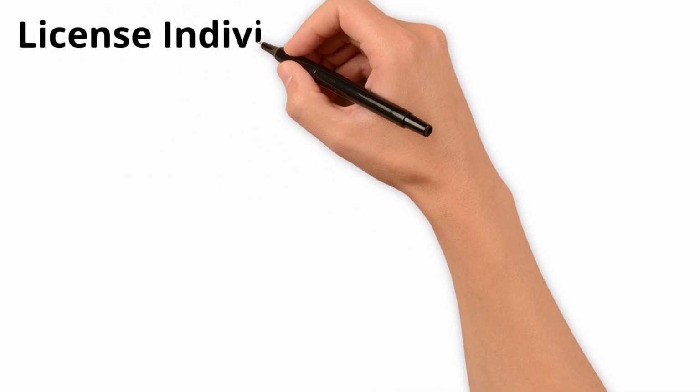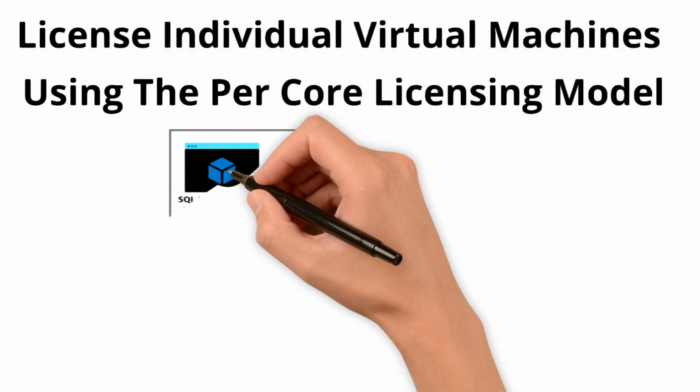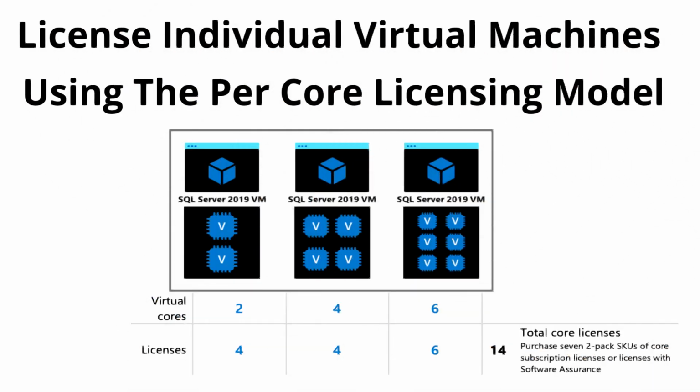Let's understand these things with a very creative example. You can see there are 3 virtual machines with 2, 4, and 6 cores respectively. For 2 virtual cores, there is a rule that we require at least 4 core licenses. So the license number written under 2 is 4. In the second virtual machine there are 4 cores, so we require a minimum of 4. So here only 4 is required. Now in the third one there are 6 virtual cores, so by that rule we will require as many licenses as there are cores. So here 6 licenses are required.